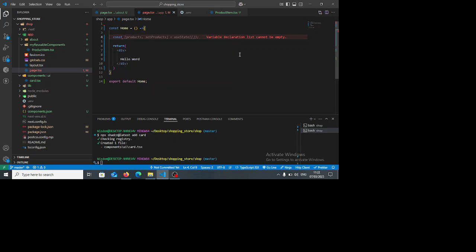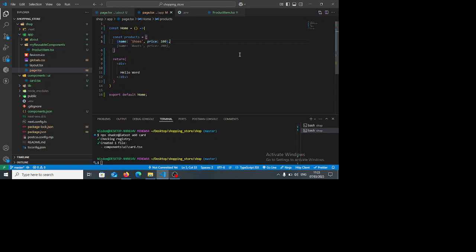So right now I'm going to just create a variable called products, and then equate it to an array, and it will be an array of objects. So it will have an attribute of name, let's say shoes, and the price is 100, and then another one. After that one there will be a comma, then another one. After that one there will be a comma, then another one will be, let's say, boots, and that's 200. Let's say another one is